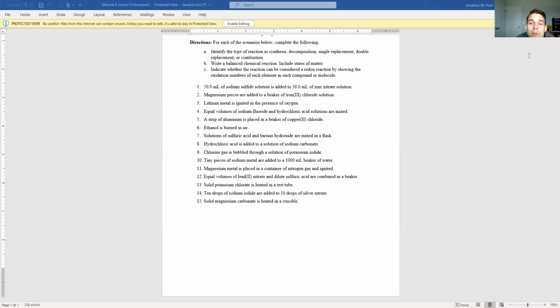So we'll start by type of reaction. So A, I've got sodium sulfide solution added to zinc nitrate solution. That's a double replacement reaction. Write the balanced chemical reaction. Okay, so sodium sulfide, Na2S. These are aqueous solutions. Zinc nitrate, Zn(NO3)2 aqueous, gives me,